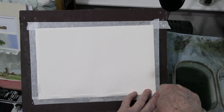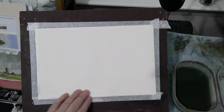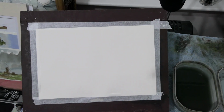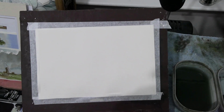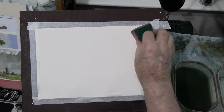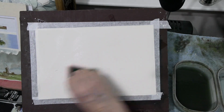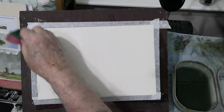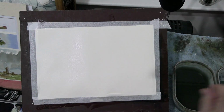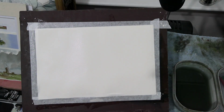Right. Now you have to be very quick and very free, and not worry about what it looks like. So I think we will wet it in first, just in case we need it. We'll wet in first. It'll buckle like anything because it's already buckling. So okay, so what we'll do,